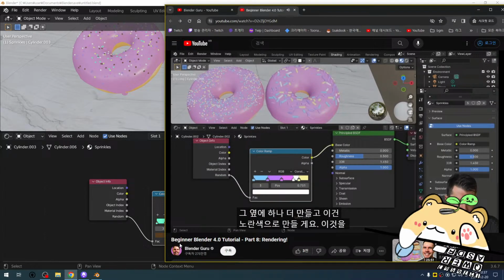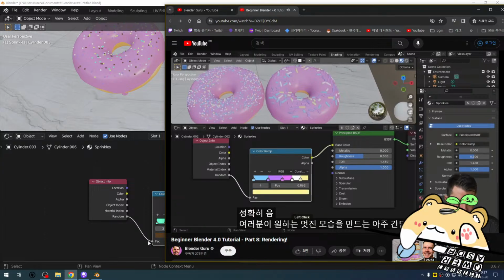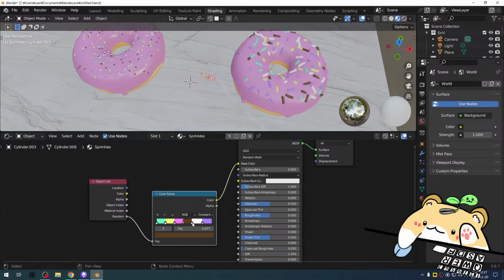So just by sliding this around, I could say like less white, more yellow, less yellow, more white, and then I can go, yeah, more blue. It's just a really simple, easy way to create the exact look you're going for. Awesome. Now, something